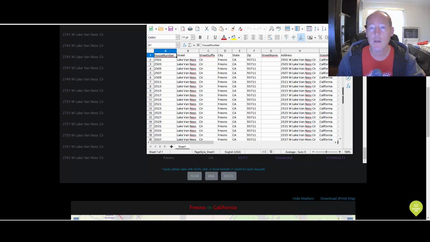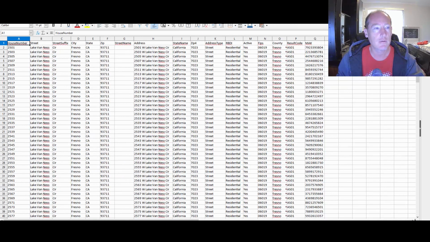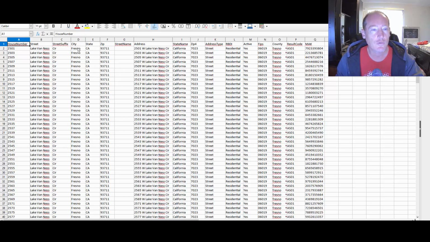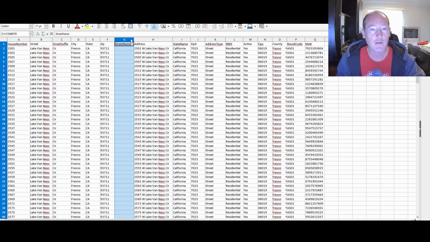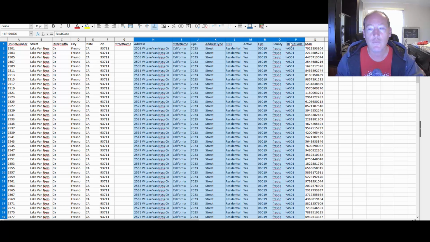Now when you get it into here, I use a generic platform called LibreOffice, but to get it ready to actually send to your printer or whatever, you're going to have to do a little bit of finagling here. So we got the house number, Lake Van Ness Circle, Fresno, California 93711. You really don't need this one. These are all extras. Yeah, it's residential. And it tells you the postal codes and all those numbers. So you can get rid of all of this,